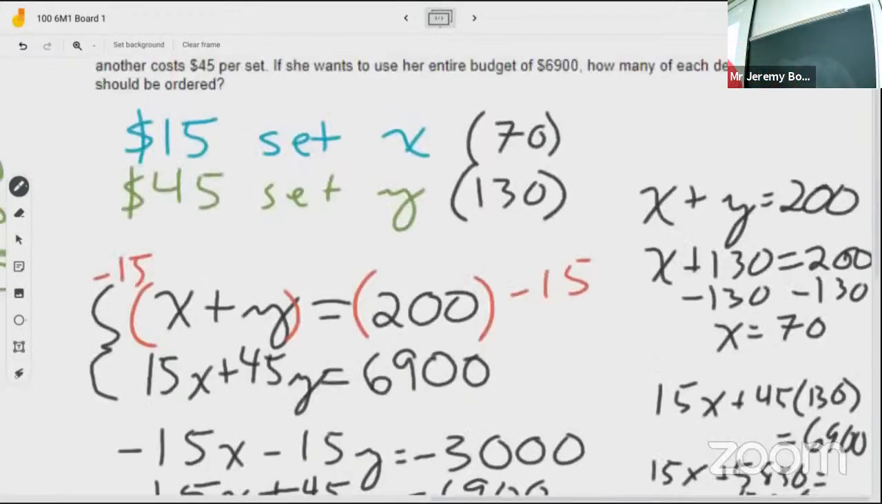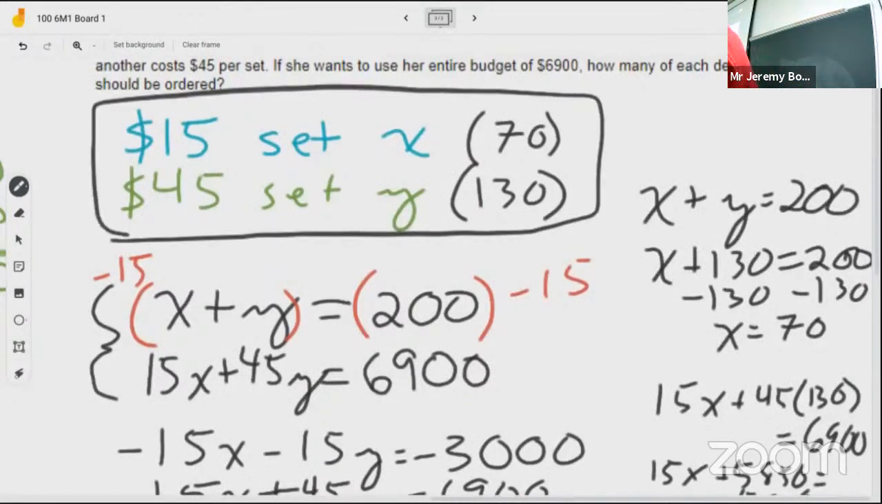So we're gonna buy 130 of the $45 and 70 of the 15. So that's a high budget, I guess, to buy 200 because we're buying more of these, almost twice as many of the expensive ones than the cheap ones. That's why I was getting confused. I thought I mixed up the variables at some point. Any questions on any of